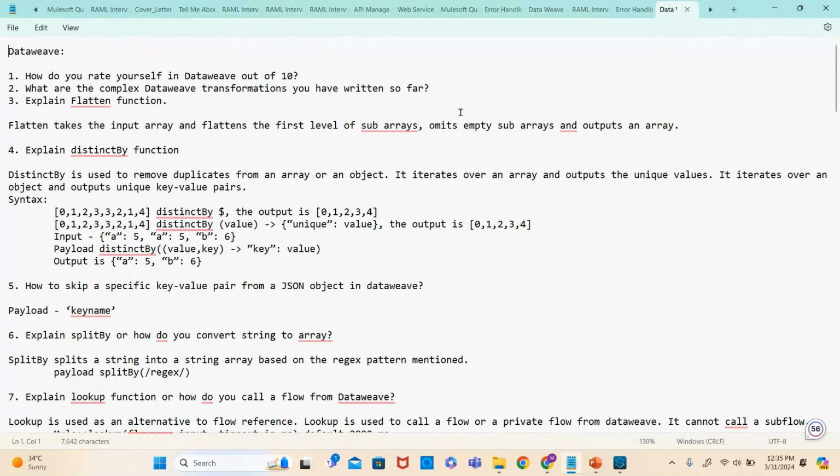Okay, DataWeave. Mostly they will not be asking you theoretical questions at this point of time. Mostly they will ask you to share your screen, and then they'll ask you to write the script. They will give you the input, they'll give you the response, and they will ask you to write the script exactly. But you should have the knowledge of all the things